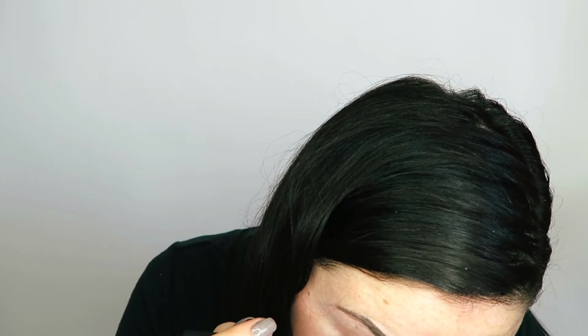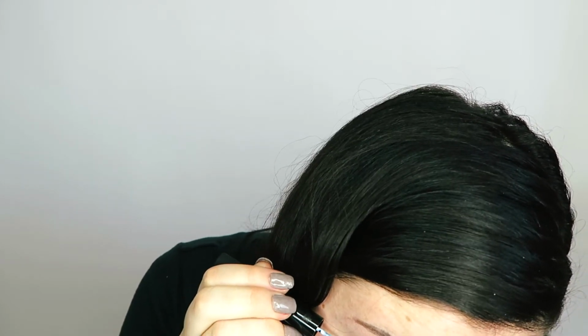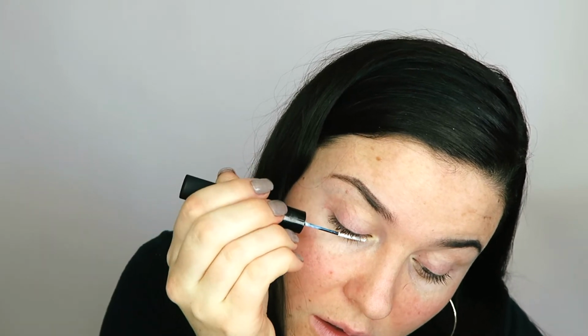So what you're gonna do, we're gonna start with this eye, which is my right eye, and we're just gonna kind of put it on just like mascara, but you don't want to go all the way to the top. You want to keep it right at your roots. So just look down and just get those roots coated. This stuff is sticky, so just be careful. Try not to get it on your bottom lashes. Now that we got our first little sticky coat on,